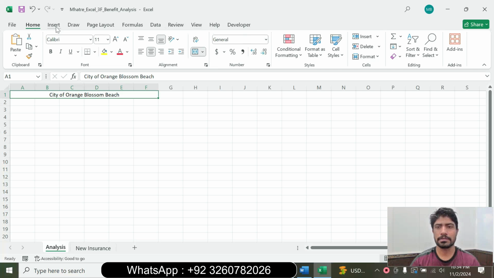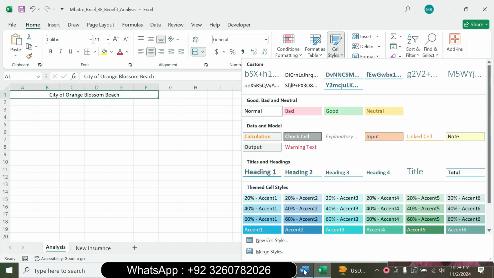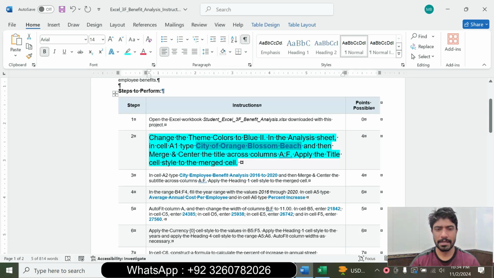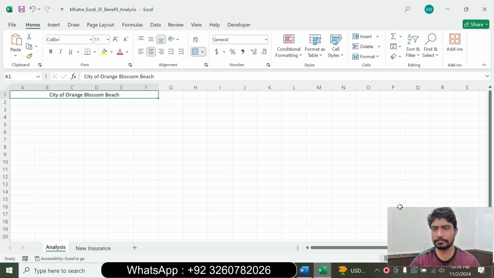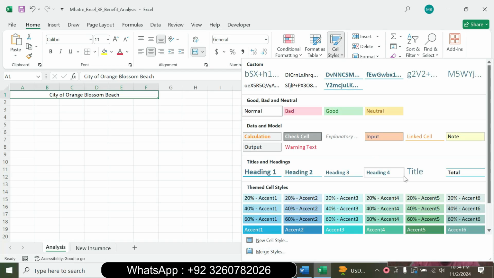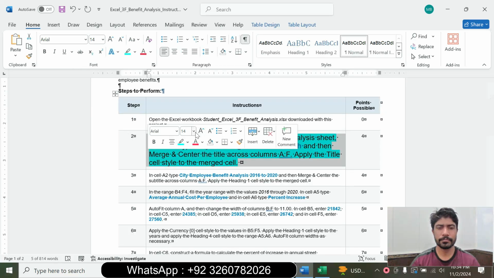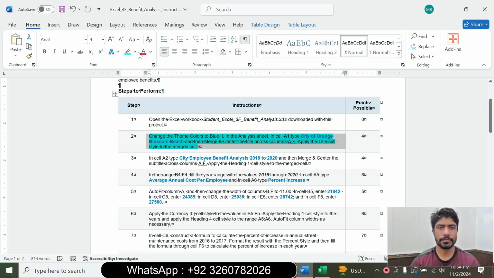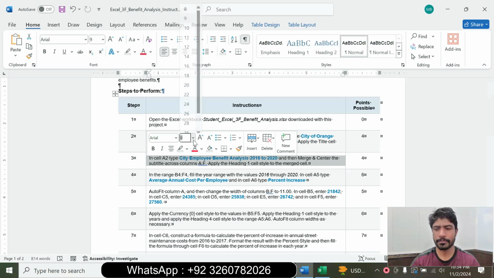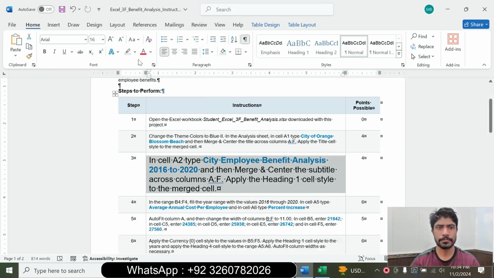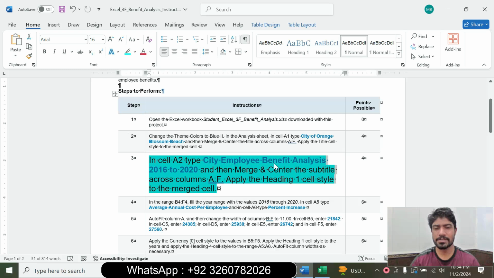Now apply the Title cell style. Go to the Home tab, go to the Styles group, click Cell Styles, and select the Title cell style. So question number 2 is complete. We can move to question number 3. Question number 3 is in cell A2 type the City Employee Benefit Analysis